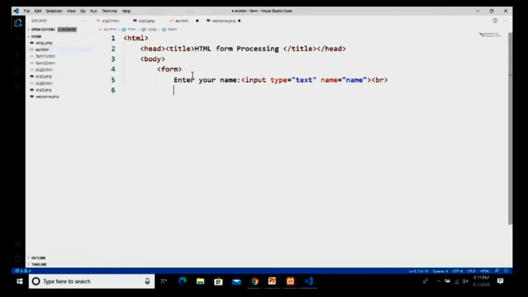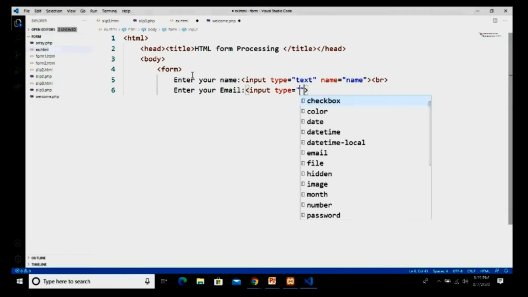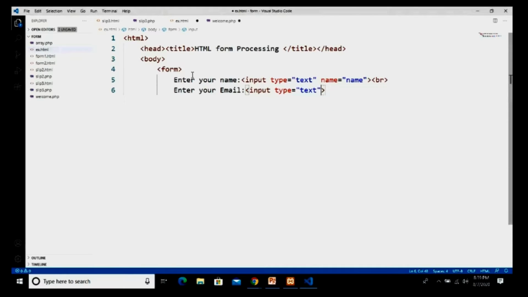For the second text box, enter your email. Again, I take an input tag with type equal to text and name equal to email, and again a new line tag, that is BR.